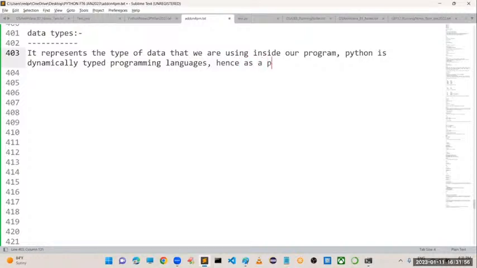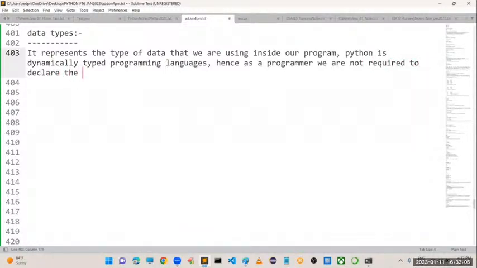Hence, as a programmer, we are not required to declare the type of data at the time of declaration. But we need to learn the remaining data types, right?